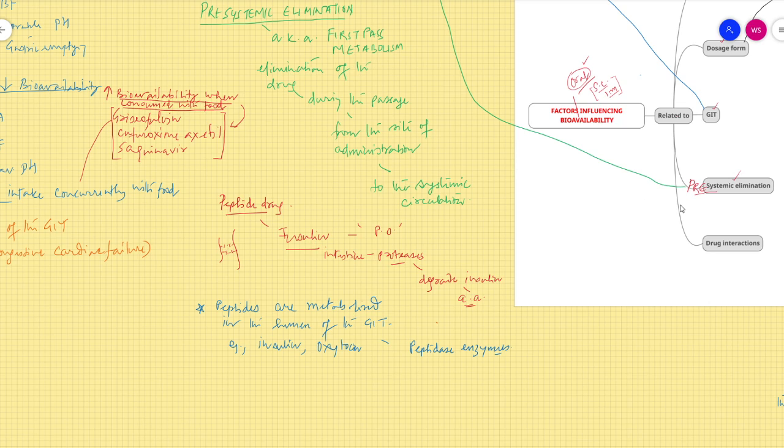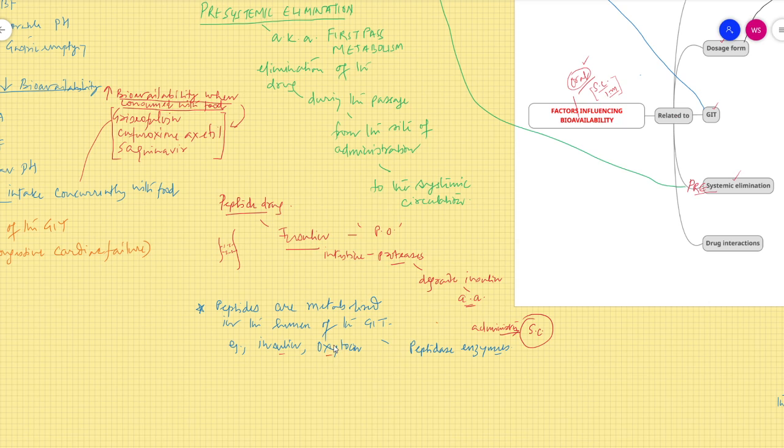So that is the presystemic elimination. If we give these things orally, there could be presystemic elimination. So what do we do? We administer insulin and drugs like this subcutaneously, to prevent presystemic elimination and thereby decrease bioavailability. Okay. So if we want to increase availability of drugs, peptide drugs like